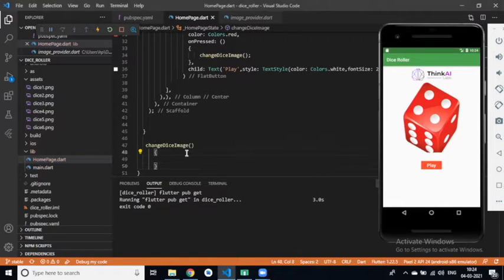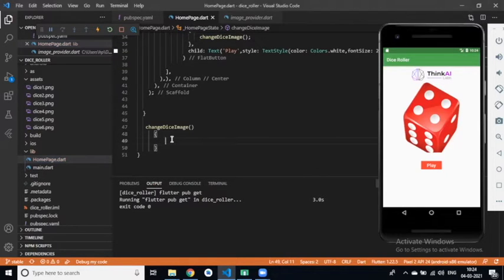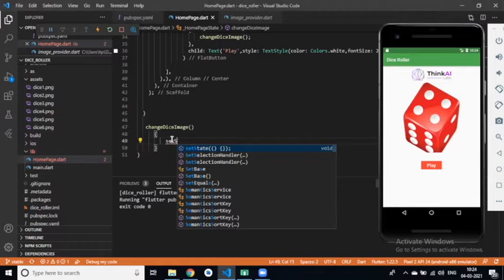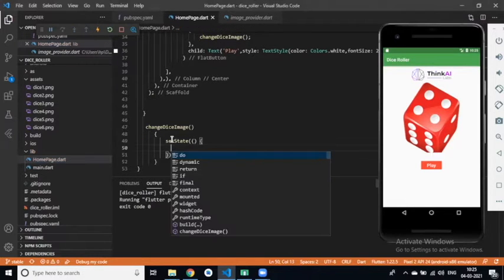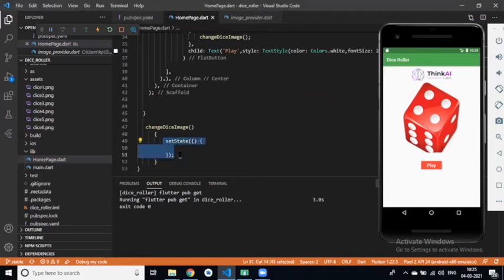In it, we have a setState method. With the help of setState, we can manage our application state.